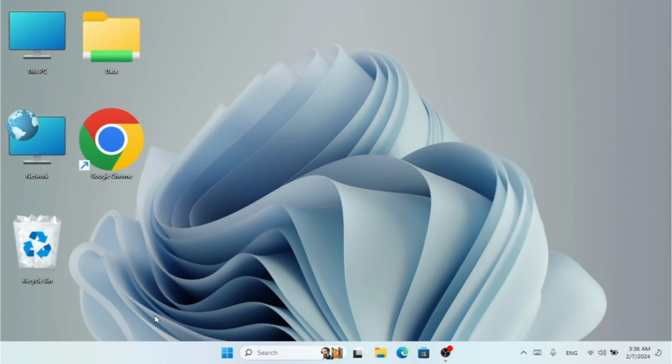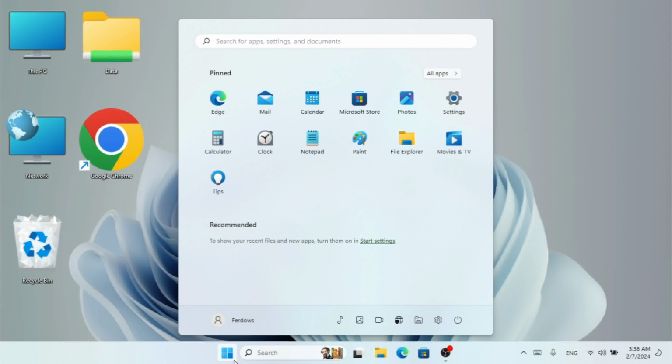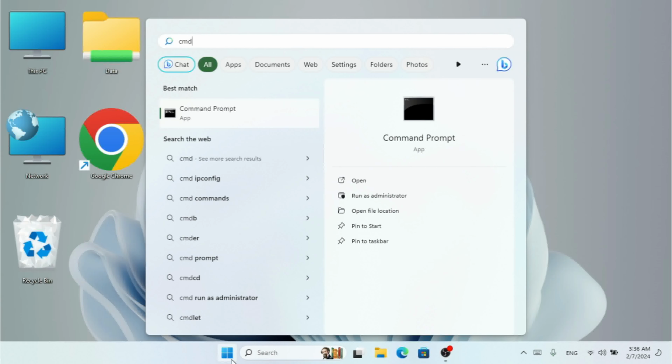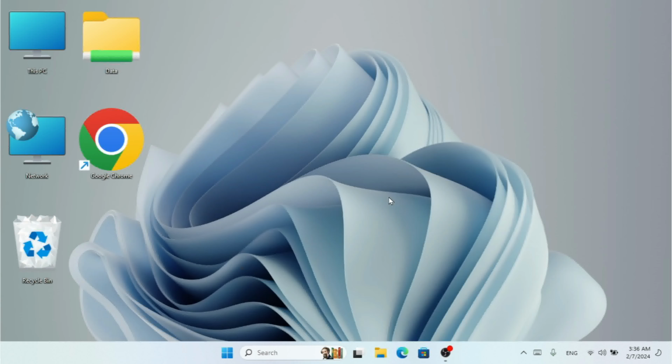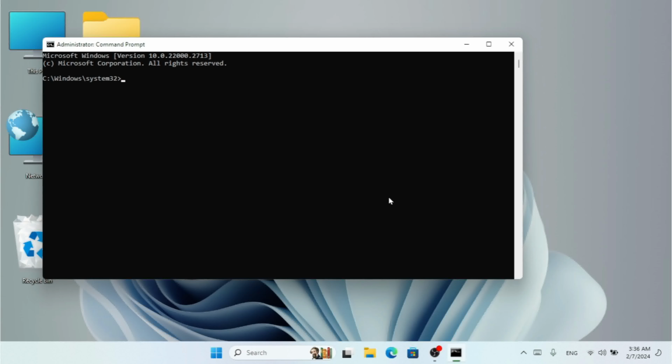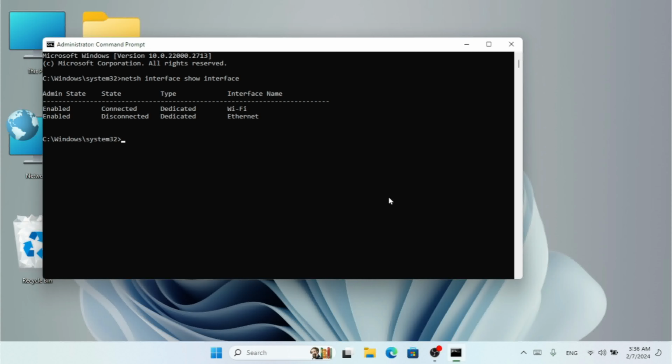So we are going to click on the start menu. I'm going to type cmd and run this as administrator. The first command that we're going to type is netsh interface show interface. As you can see, it's going to show me all these interfaces, which is Wi-Fi and